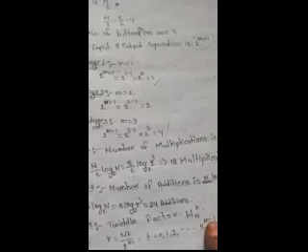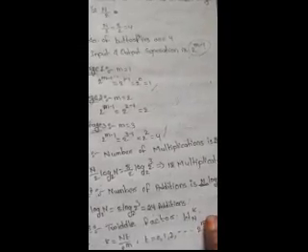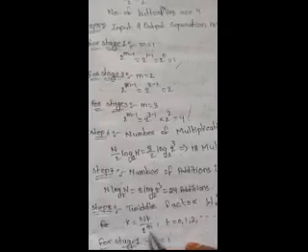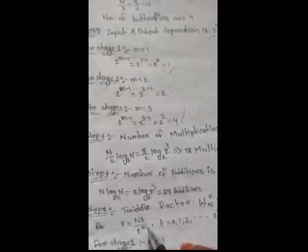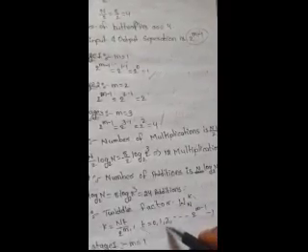Our Twiddle factor formula is Wn of k. For this we already know the n value, we need to know the k. So here k is equal to nt by 2 power m. Already we know m is equal to the stage index. Here m is small m, that is the stage index, and the n value we also know, but we don't know the k. So we are going to find the k equal to 0, 1, 2, 3, and so on, up to 2 power m